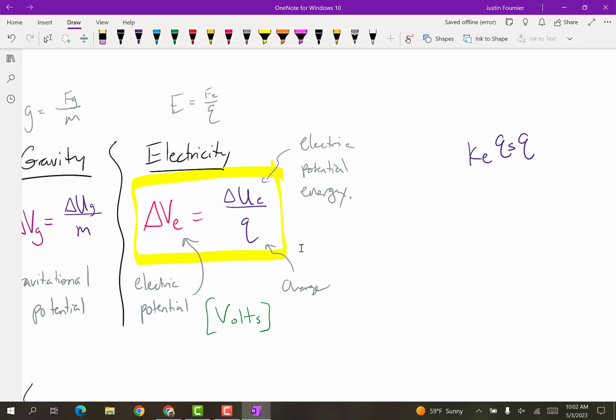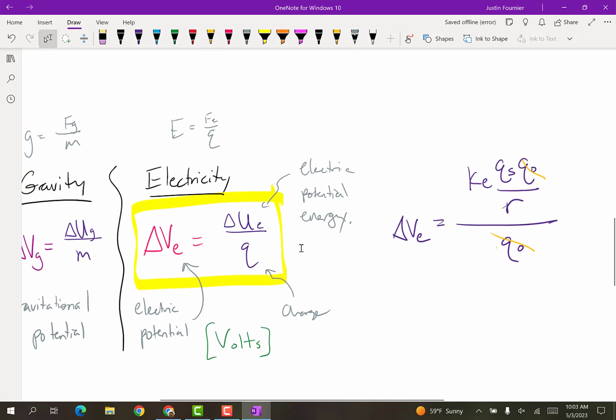This is the thing that is interacting with the source charge, and then divided by our R, and then over, let's say, our object charge again, and that's going to be our electric potential. You can see the object charge cancels out, and we get left over that one equation you can do to calculate the electric potential is